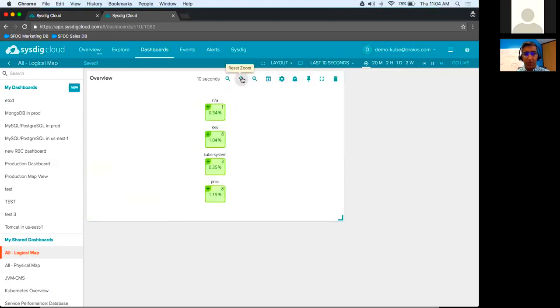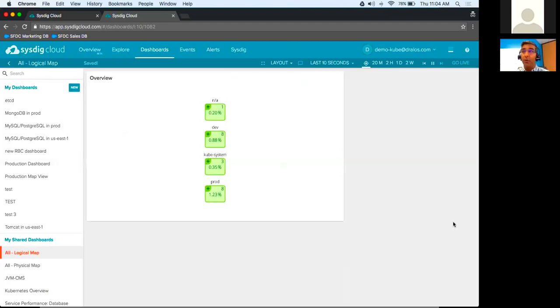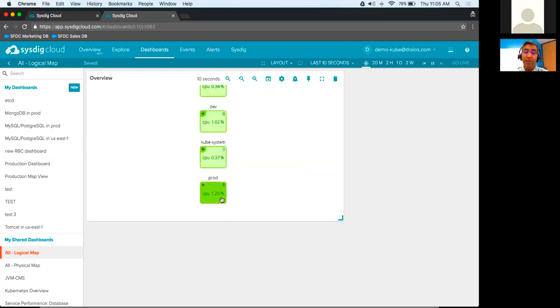We can edit this panel. And you can see here, we can configure exactly what we'd like to see on this map. And when you configure this, you're essentially saying, what is the core thing that I'm interested in looking at to look for problems in these particular services? So this is a quick and easy way for you to really get down into a service-oriented view from the map and view what's going on and where problems might be.